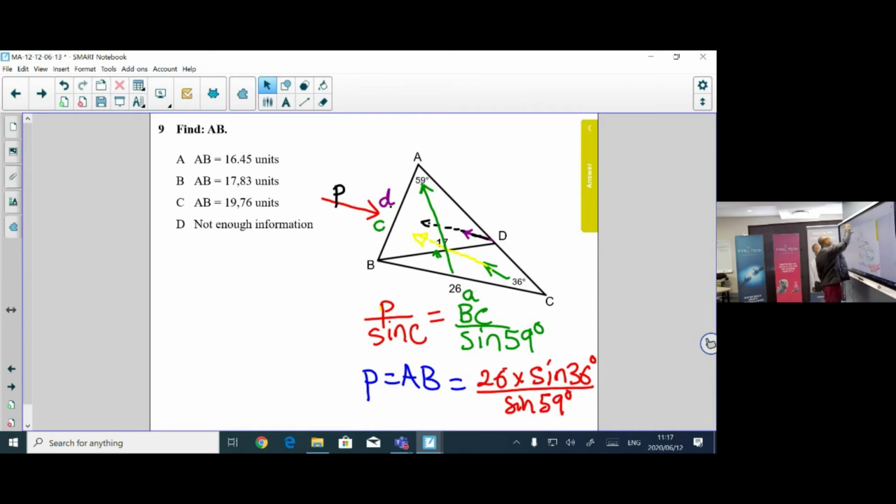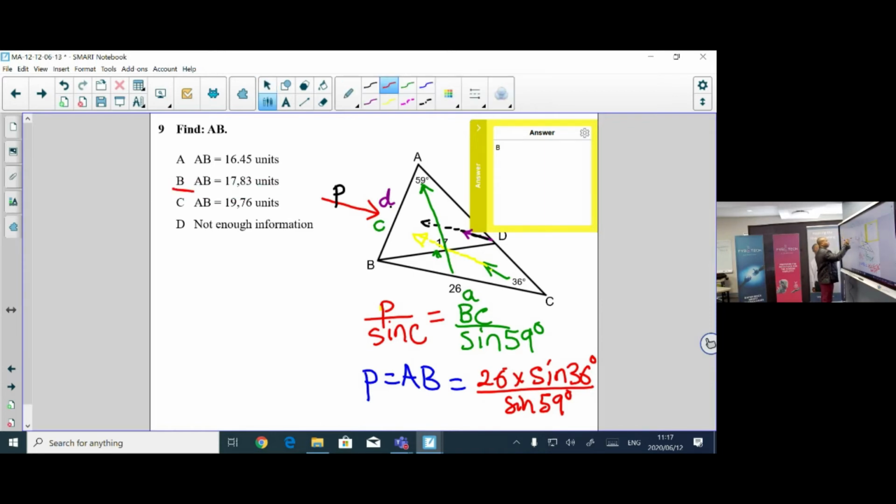So since we looked into this, you should see that your answer is B, as given here. So your answer will be B. So try and look at it and find out. If you are on YouTube, you could pause and actually take it through to the stage where you get B equals 17.83 units. Okay, let's then